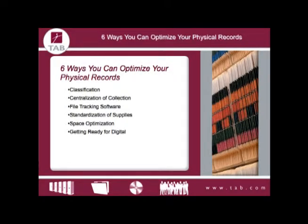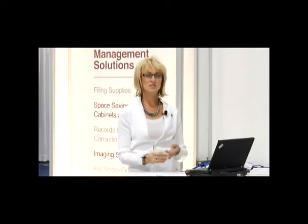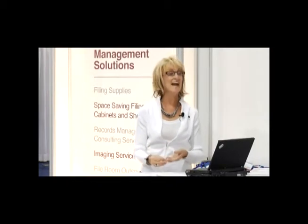For most of us, our physical records are the largest collection of information our companies access today. They are support for our daily business functions and act as evidence and documentation to defend those activities. When organized correctly, they add value to our daily activities and our organization. And when used efficiently, we can help manage the cost to store, access, and control these key assets. There are several ways to manage the critical information. And in essence, if we need to find it, we need to find it quickly and accurately to help the